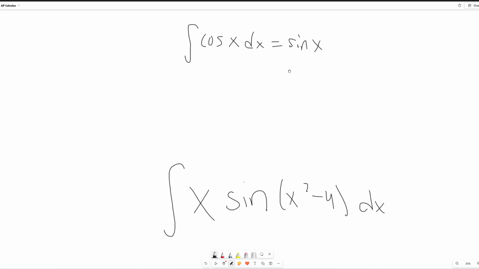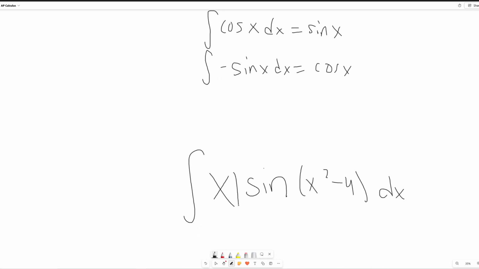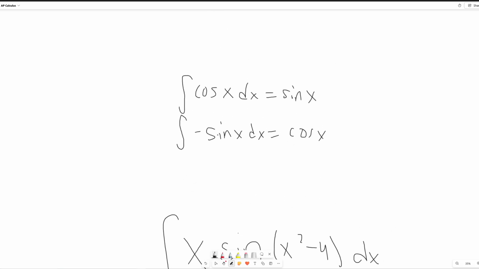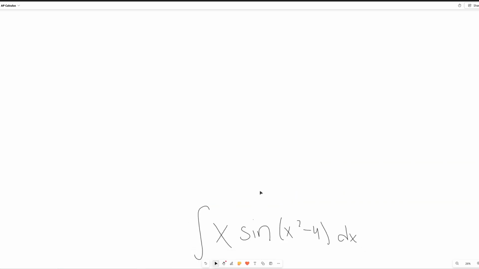And then the derivative of cosine is negative sine, so the integral of negative sine is cosine. Here we have the integral of sine, so the integral of positive sine, if we just take this negative out, we can move this, and now the integral of sine is negative cosine. Alright, sweet. Now that we know that,